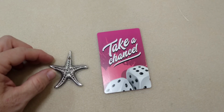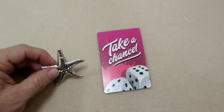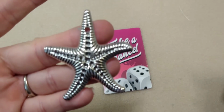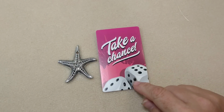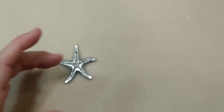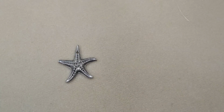Hello everybody, it's Wendy, and today we are going to attempt to make a necklace using this starfish from the latest edition of the Bargain Bead Box, which is July. So our encouraging word for today is take a chance. That's because I'm taking a bit of a chance with this necklace because